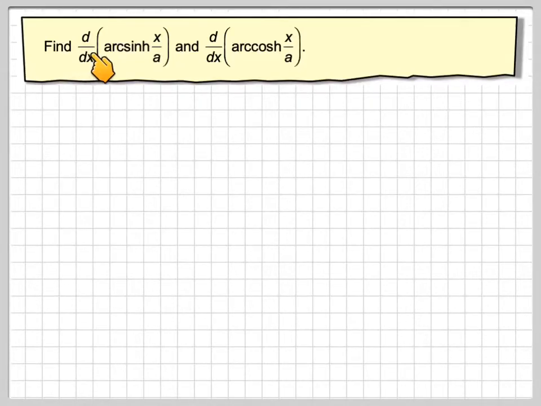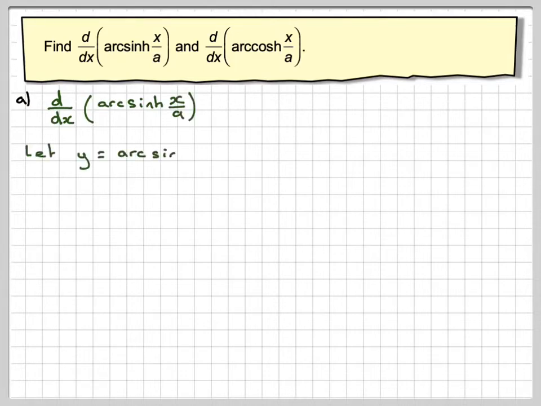Find the derivative of arcsinh of x over a, and the derivative of arccosh of x over a. Okay, starting with the derivative of arcsinh of x over a, if we let y be equal to arcsinh x over a, that means that sinh of y will be x over a, and therefore if we differentiate implicitly,